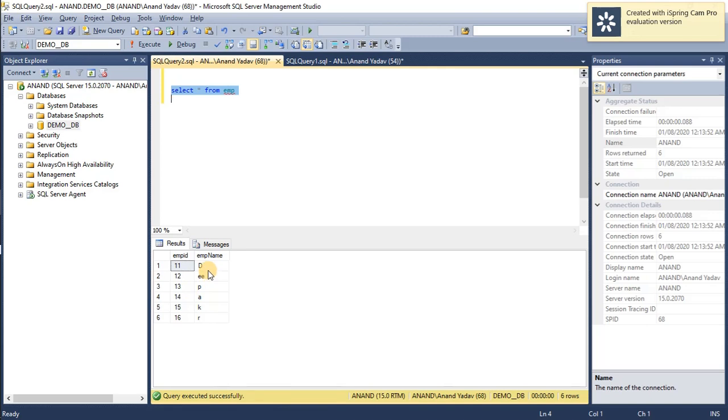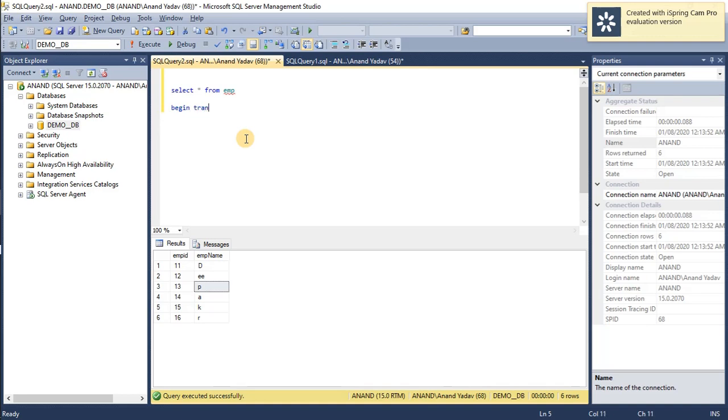One of the employees comes to the admin department and complains that his name is misdisplayed on the dashboard, so we need to change his name. Suppose the employee is 13 and he complains that his name is not P, it is S. So we can do that.